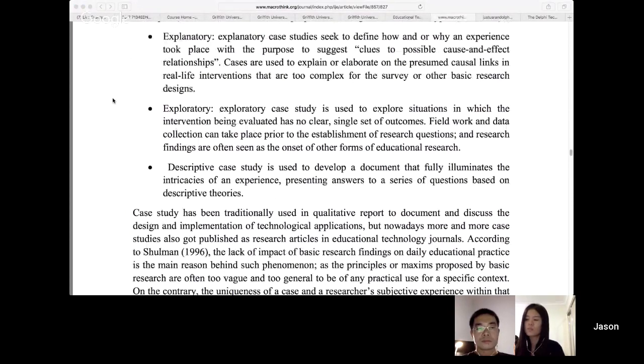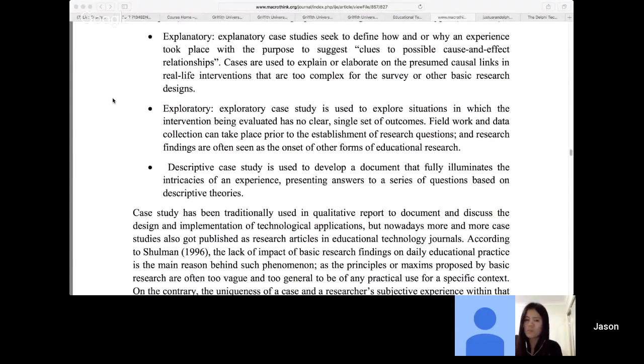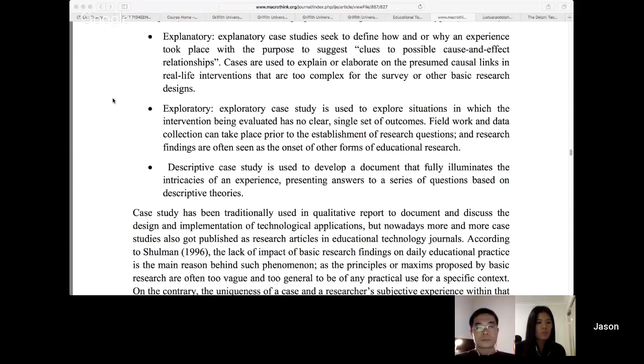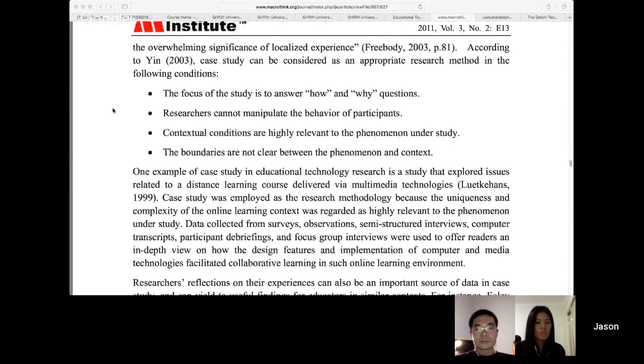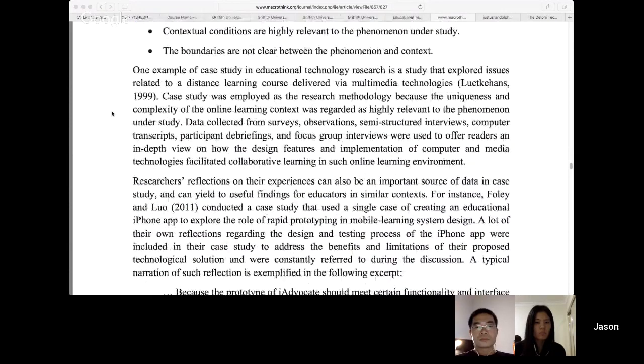Often new researchers don't necessarily understand that there can be a whole lot of nuances in the main methodologies. And case studies in particular are very common, but they can have different ways of doing case studies. You can do an explanatory approach to a case study, an exploratory approach, or a descriptive approach. Descriptive approaches are probably the most common, but there are other ways of using case studies. And almost all of the major methodologies have a whole lot of nuances as different researchers come up with different ways of using the methods and different outcomes that can be achieved from those methods.